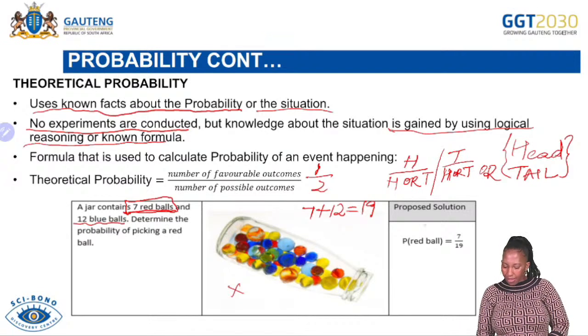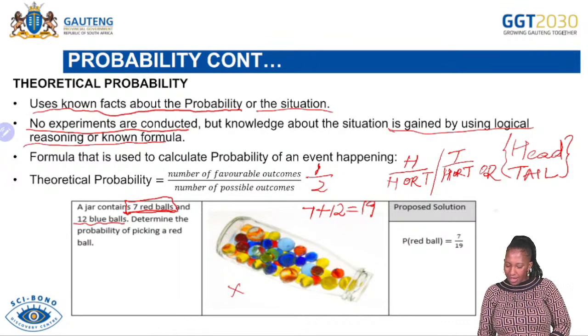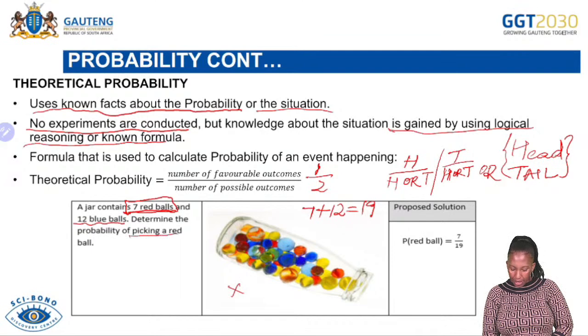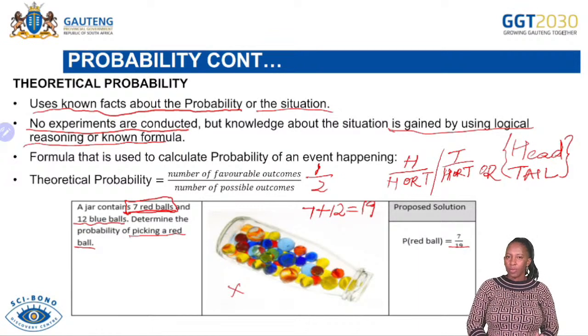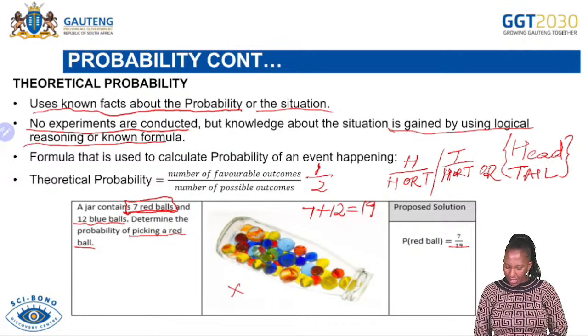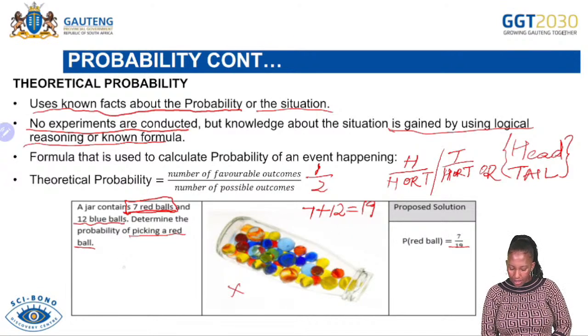So here is the answer, because they said determine the probability of picking a red ball. It will be 7 out of 19 balls. We said the total number of balls is 19, and there are only 7 red balls. That is why our answer is